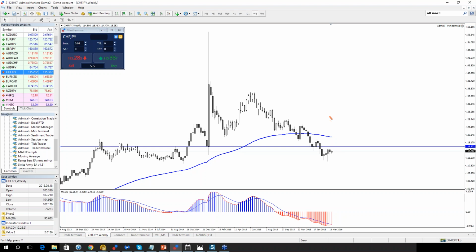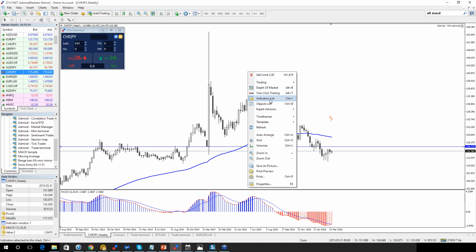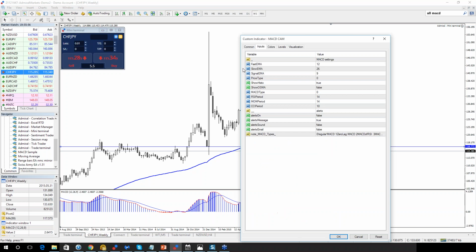Pavel is asking, hello Nana, there is an option price type in your CAM MACD, 0. Yes, that means on price type here, I will show you. So price type is actually, here it's regular. Sorry, this is SMA, this is EMA. So price type is actually SMA here. And here you see a regular zero lag.